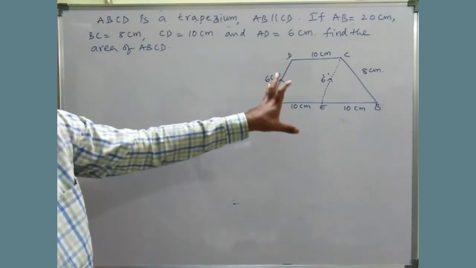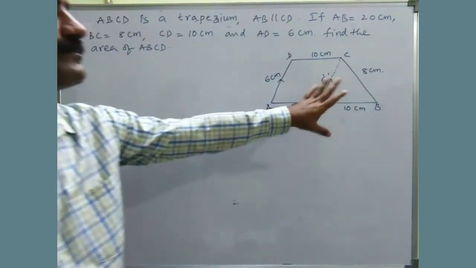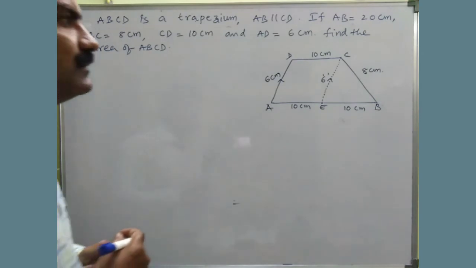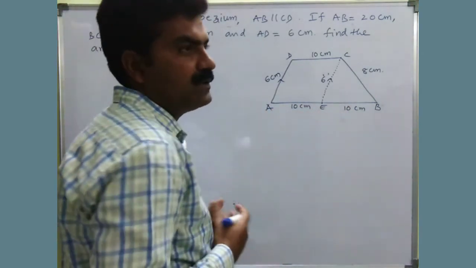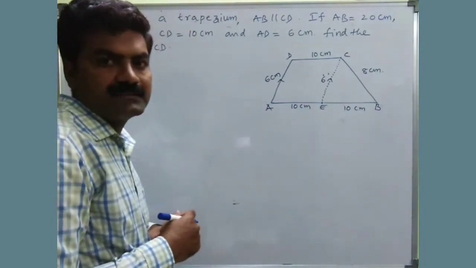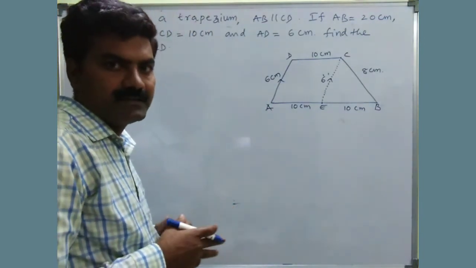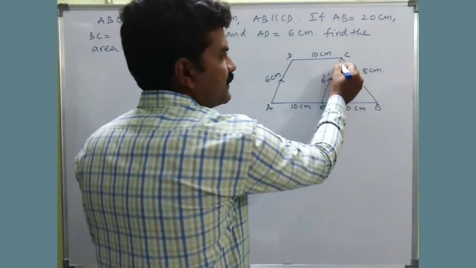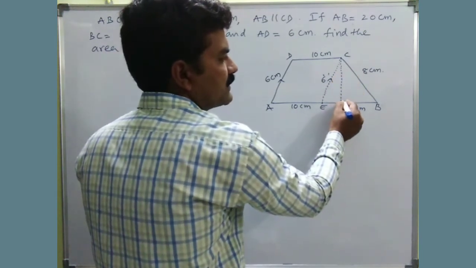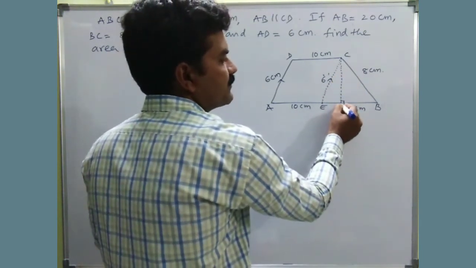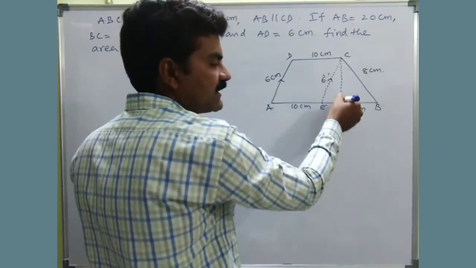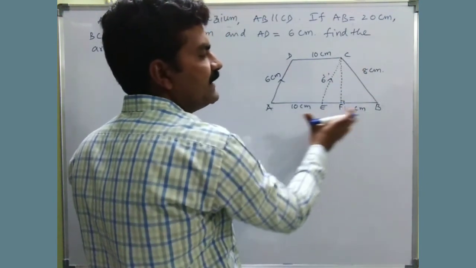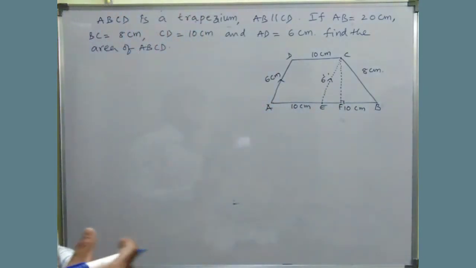Now first I want to find out the area of this triangle ABC. Even though the basic formula to find the area of a triangle is half into base into height, even here the height is not provided. Let us draw the perpendicular. Say CF, which is the height of the triangle as well as the height of the entire trapezium. Right? So now how to find this height CF length?